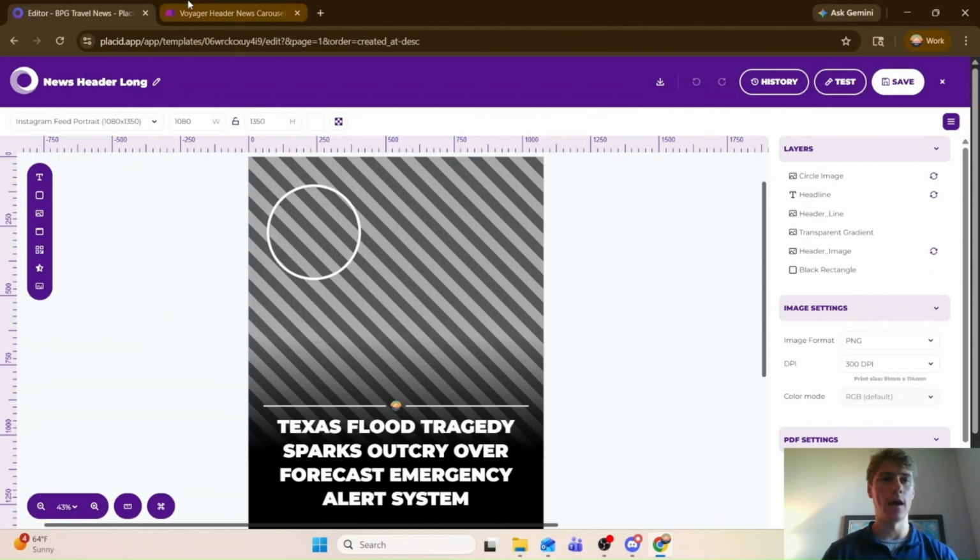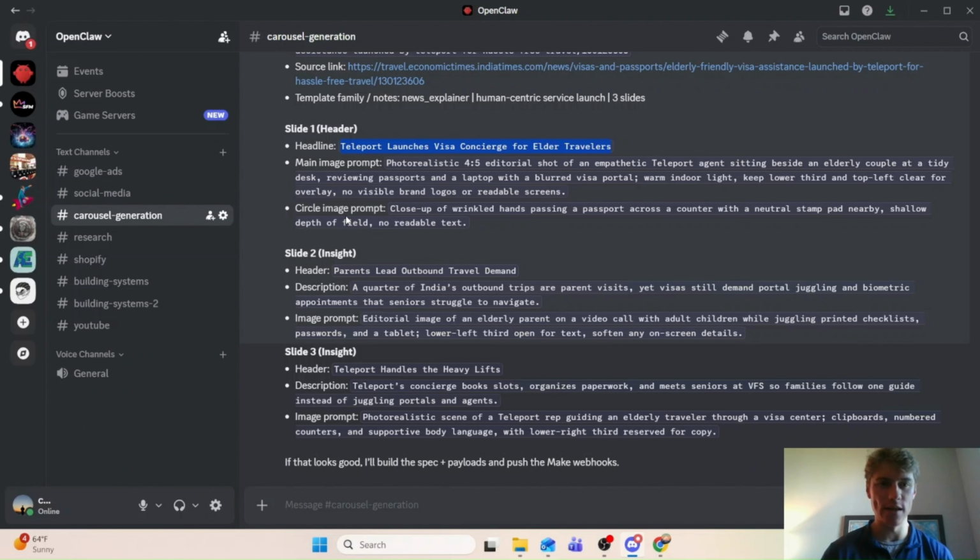This doesn't mean anything. And if we go back to the chat, we can see that the circle image prompt will be a picture of a passport with a wrinkled hand. I guess that indicates the elder traveler. And then we have the main image, which is going to be an elderly couple at a desk reviewing passports